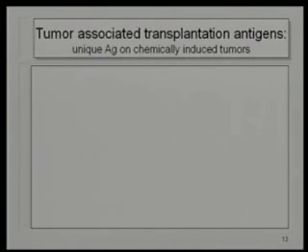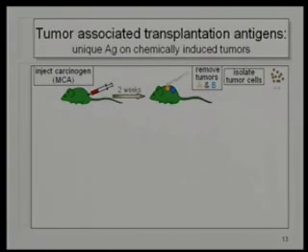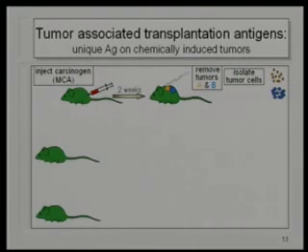Okay, as opposed to that, if one induces a tumor with a chemical, and there are lots of chemicals that are carcinogenic, one of them is methylcholanthrene, MCA, that has been used to induce a lot of animal tumors. One injects the chemical, and a few weeks later, it may take more than 2 weeks, may take a couple of months even sometimes, you may find one tumor or more than one tumor in these animals. One can assign them A and B and isolate those tumors, the same way as the last experiment. One can immunize live animals